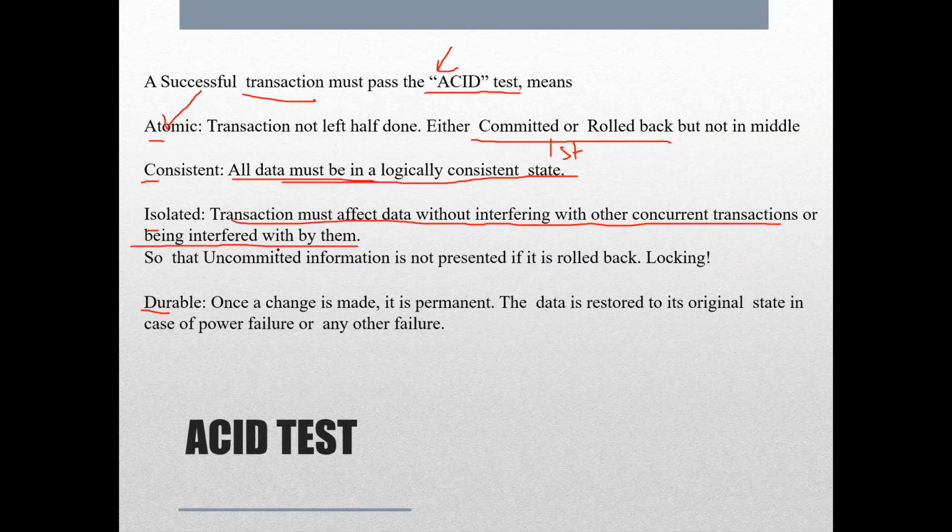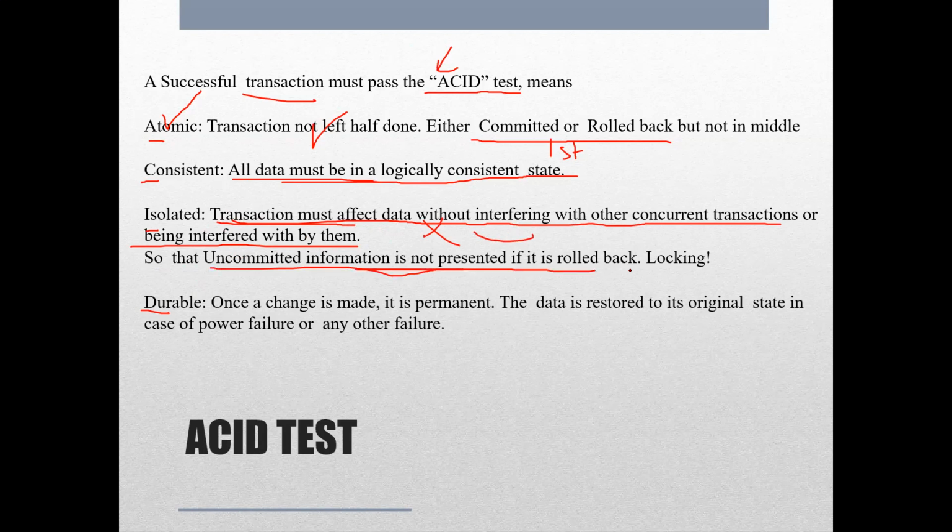So you remember when I did begin, again, which was not working for me, but it worked for you people. I did begin, I did not commit it. One transaction was doing something, and the other transaction from the other session came on and tried to access that same data. So what happened was that the transactions were not isolated, and it basically failed over there. So that's why we say, if a transaction is started, it has to be an atomic one, so it should be completed. So isolation also refers to that once a transaction is in use, it should not be interfered with by the others.